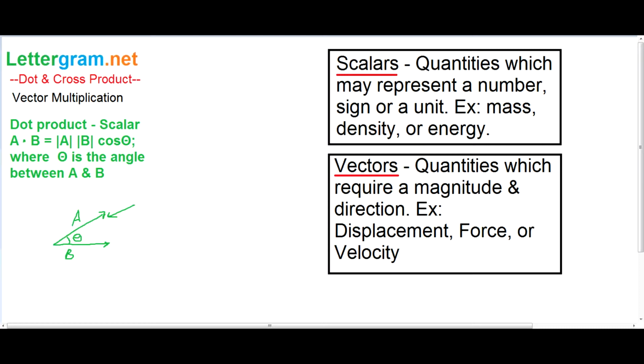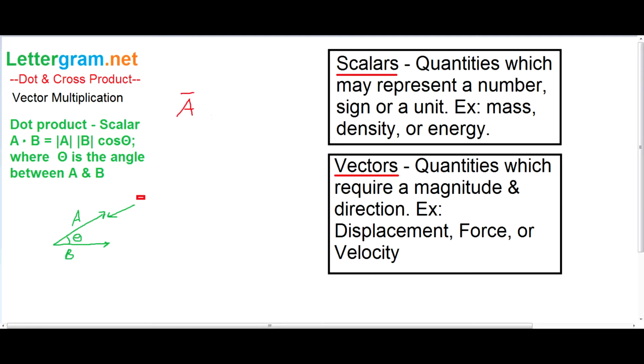This is the dot product, this first example, which is a scalar value in which a dot b is equal to the absolute value of a times b cosine theta, where theta is the angle between a and b, right down here. Alright, so basically, a dot product,